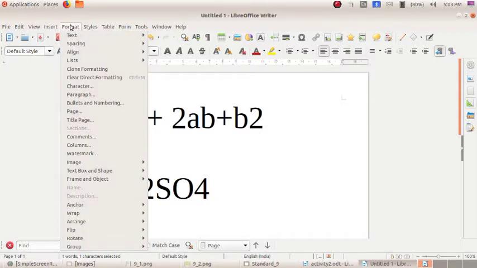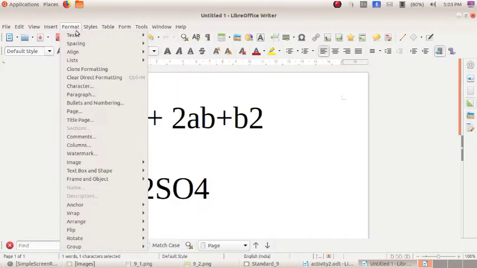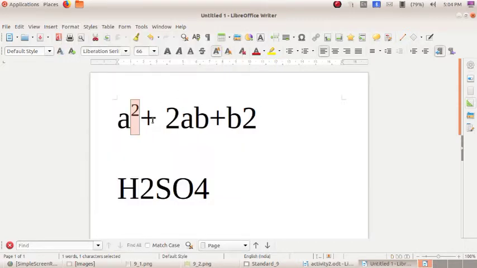First one is select the text option. Then you can see here superscript and subscript option. Here the 2 must go to the upper position. So you want to click on superscript or subscript? Yes, superscript. Okay, click here. See, now you can read it as a square.